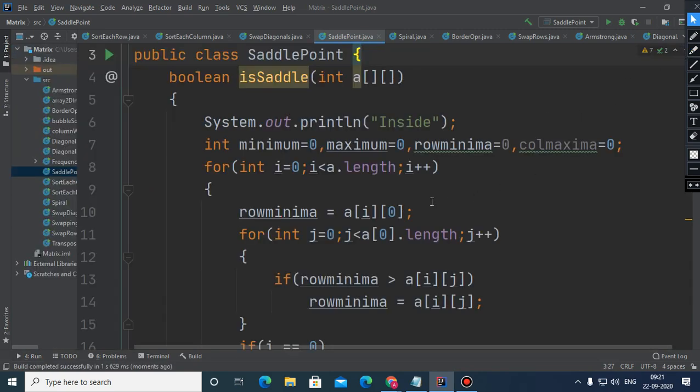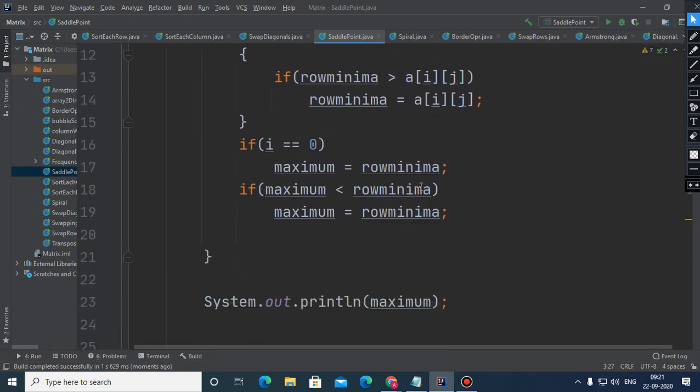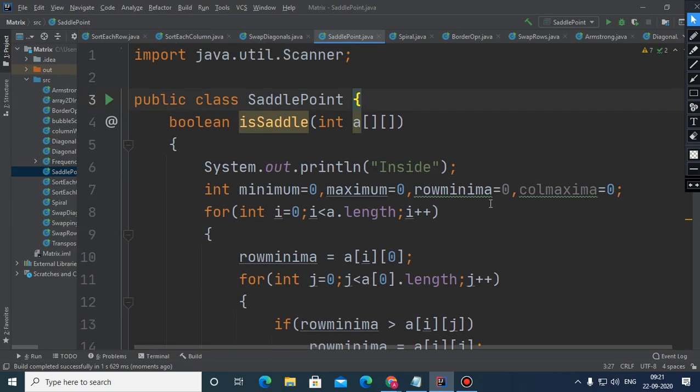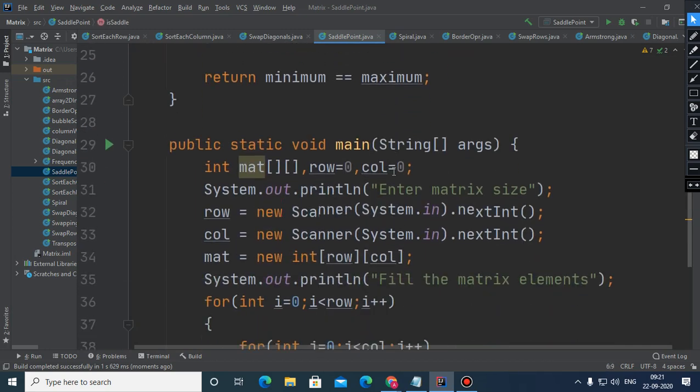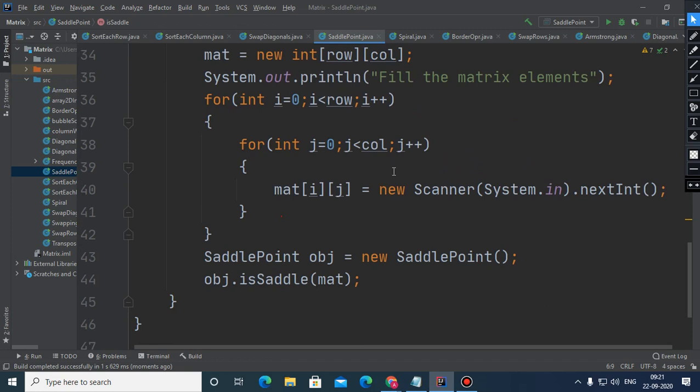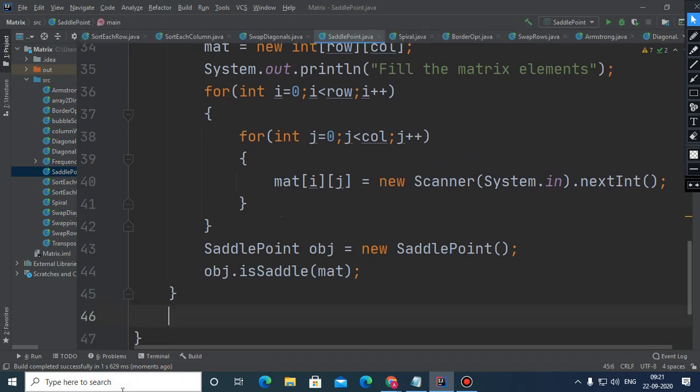Okay, children, actually the problem is that I am using a temporary instance of the Scanner class. That's why it is not accepting the rest of the elements. It was only accepting the very first element, that's why it was waiting for more input values. But before that we need to write a function to display the matrix.